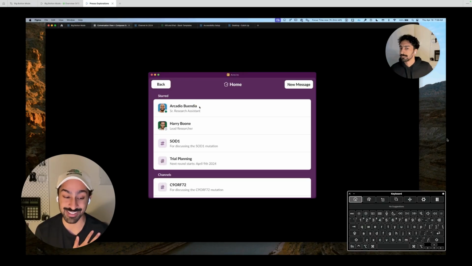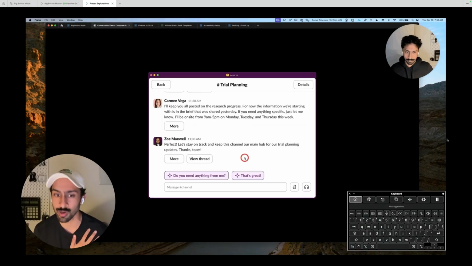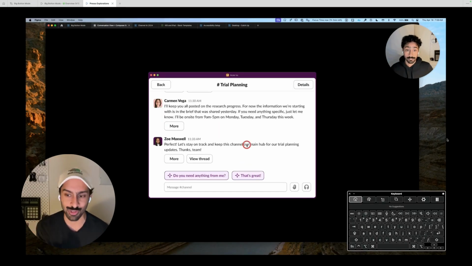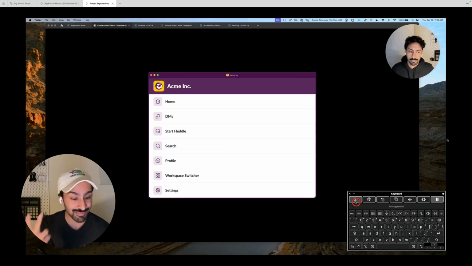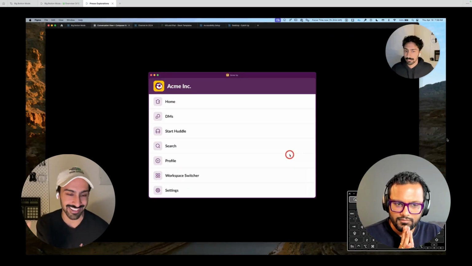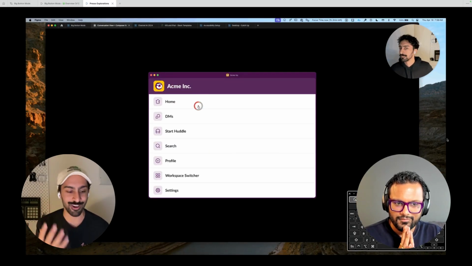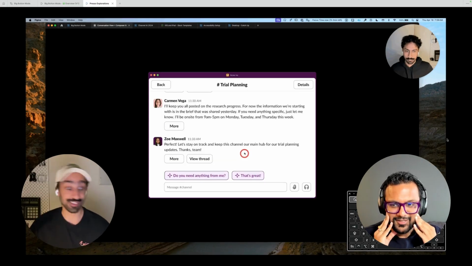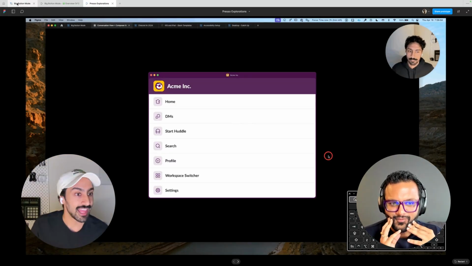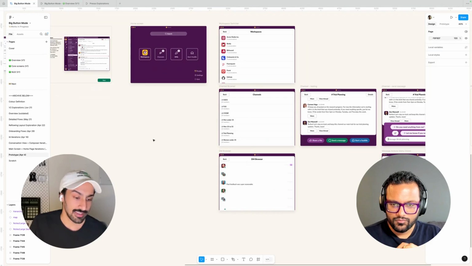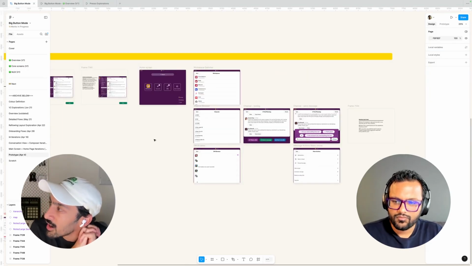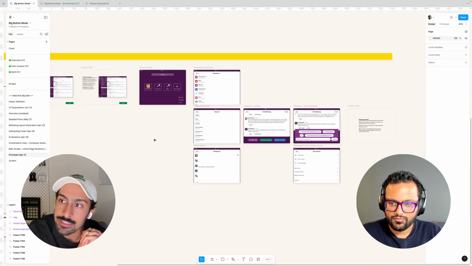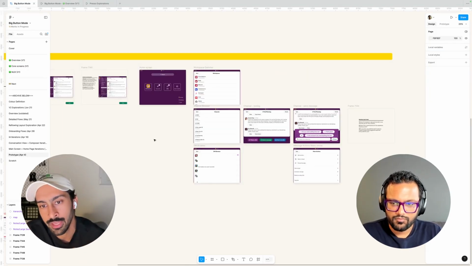I got to be honest, this was so fun to learn about the assistive technology, to learn how to use it, and then to mock up designs and try to play with it yourself and figure out how to actually use Slack in this way. Wow. So this was cool. And these were some of my first explorations. Now, I think we put together a video at some point and I was working with a colleague of mine.